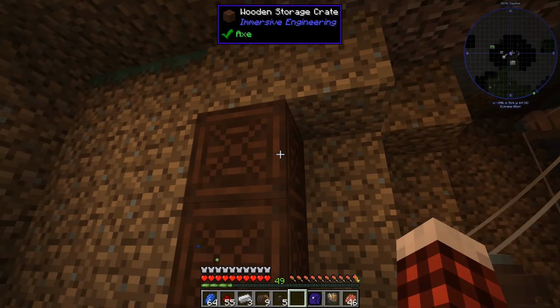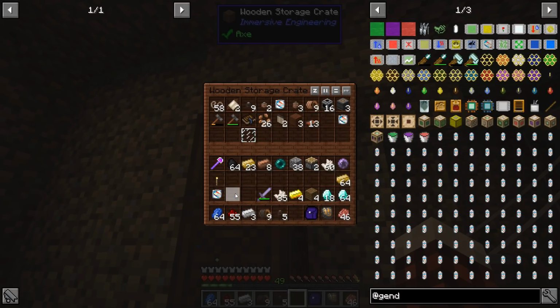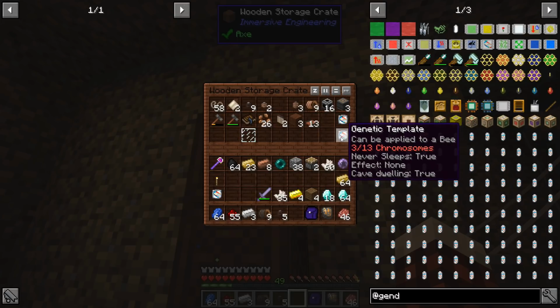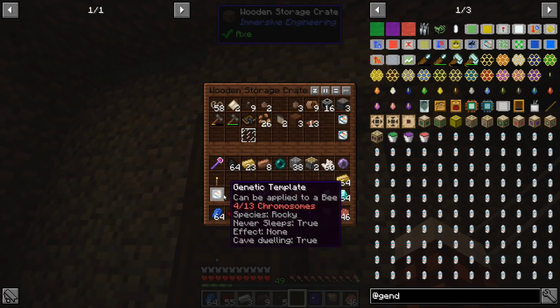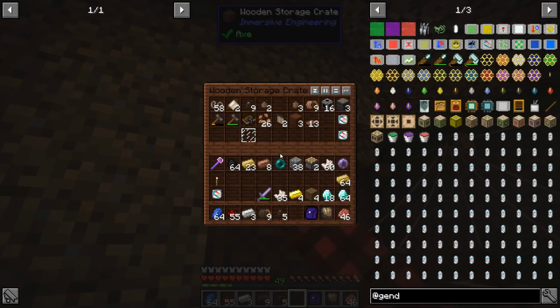So I can say, hey, I want to keep this one back because I like the fact that this is nocturnal and cave dwelling. And this will be like our master template that we add all the best traits to. And then we can rip copies off of that if we want to and apply additional templates that we want. Yeah? By the way, to make these things go away,